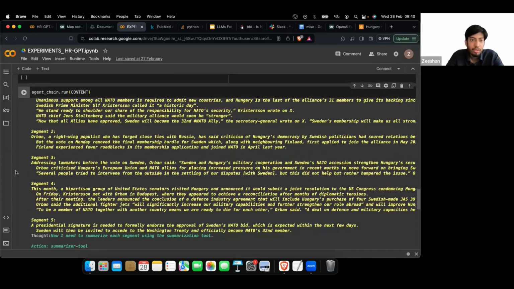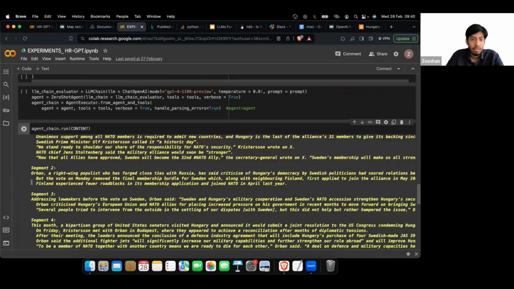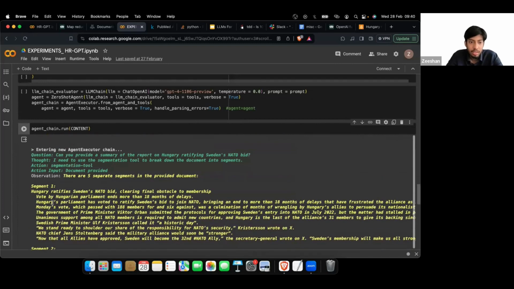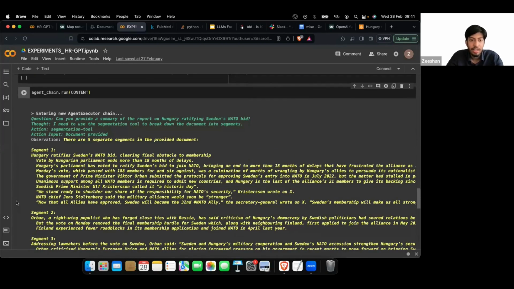Now each of these segments is fed to an LLM chain. The agent controls two things: one segmenting tool and one LLM chain. The actual summary is done by an LLM chain only, which was our second method. But it is not doing the summarization for the entire document, just one particular segment at a time.